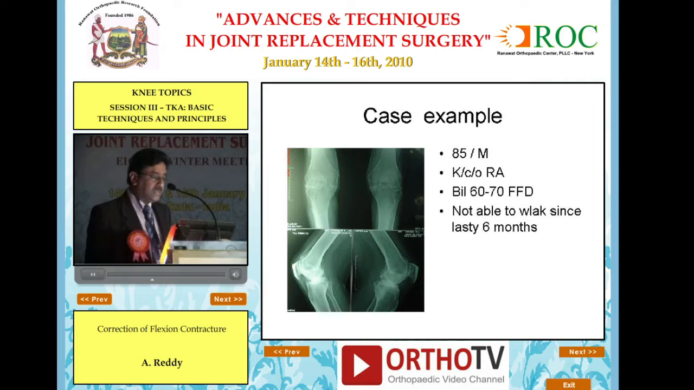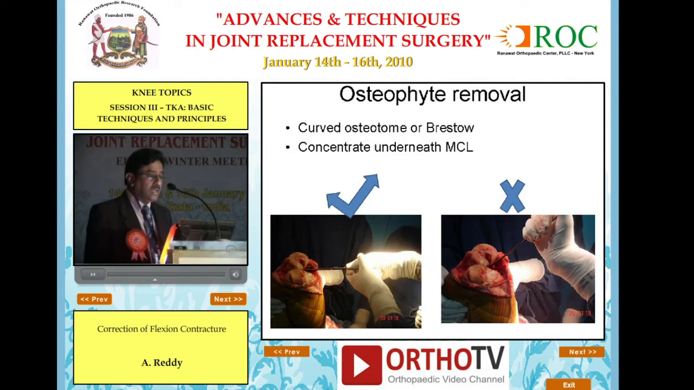This is a simple case example which I did last fortnight. An 85-year-old doctor, and you can see the flexion contracture almost 60 to 70 degrees on both sides. For osteophyte removal, the curved osteotome or Bresto should be used, and you should concentrate underneath the MCL. This is the way to do the osteophyte removal. You've got to put both hands on it so that it will not have many thrusts. If you want to kill somebody, you kill somebody like that with a knife, and that should not be used